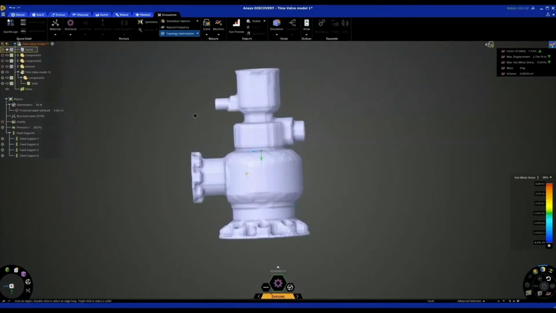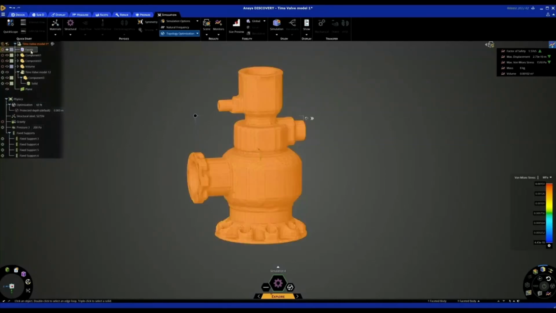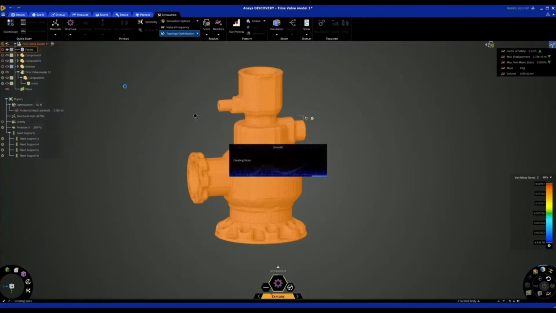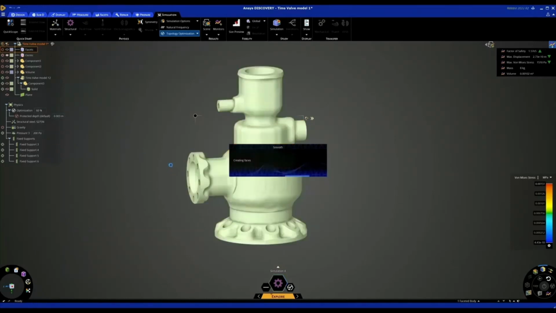The great thing about Discovery, again, the power of Discovery, is that one thing you can obviously do is straight away create a validation simulation on the optimized part, to make sure it is going to pass and still be fit for purpose. But another nice thing is we can use this tool here called Smooth Facets, and it intelligently smooths the facets based on, again, all your supports and stuff. So it uses the geometry from the supports that you actually created in the first place. So you can see now we've got nice clean areas where these supports were,